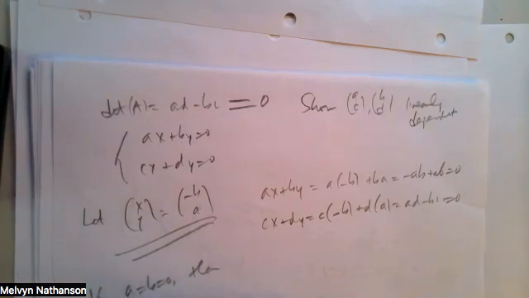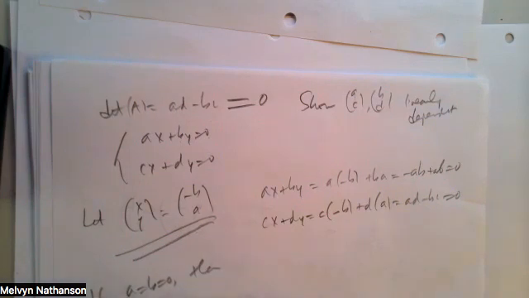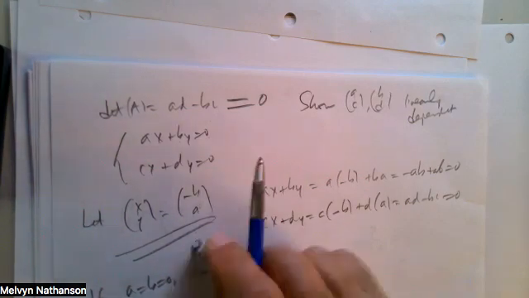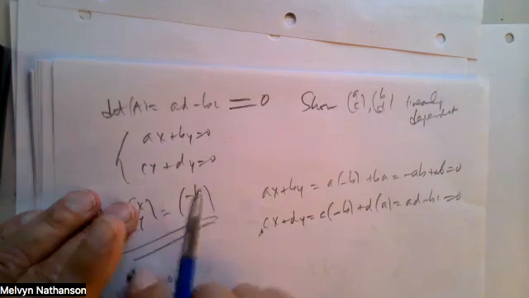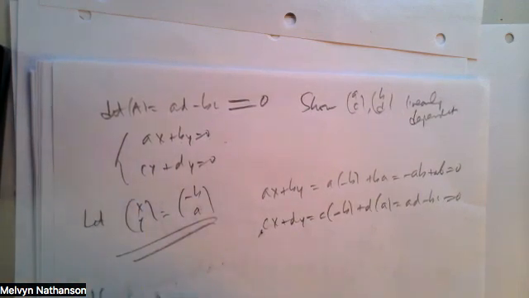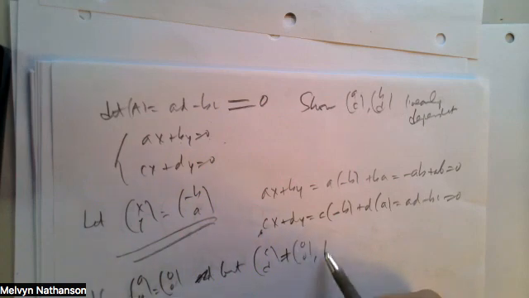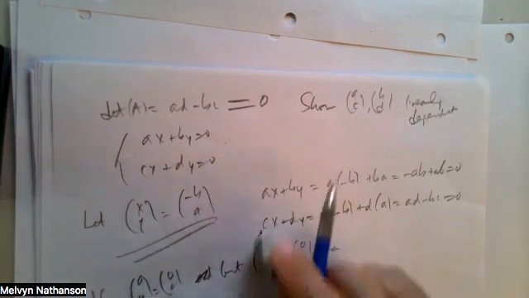So if A and B are 0, that is, if the vector AB is 0, but the vector CD is not 0, then if I let, let me write this as